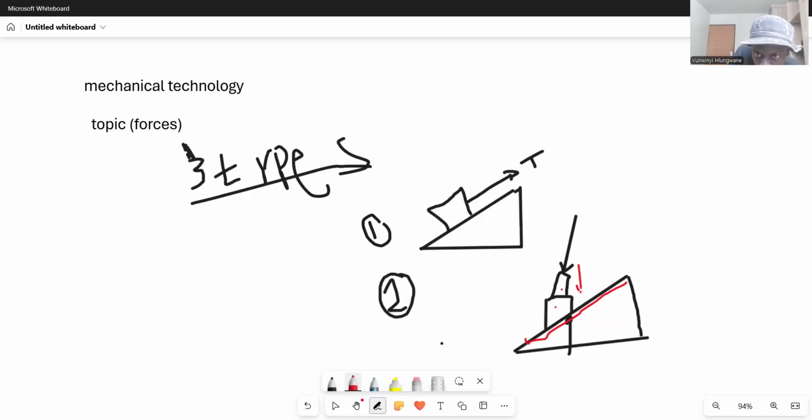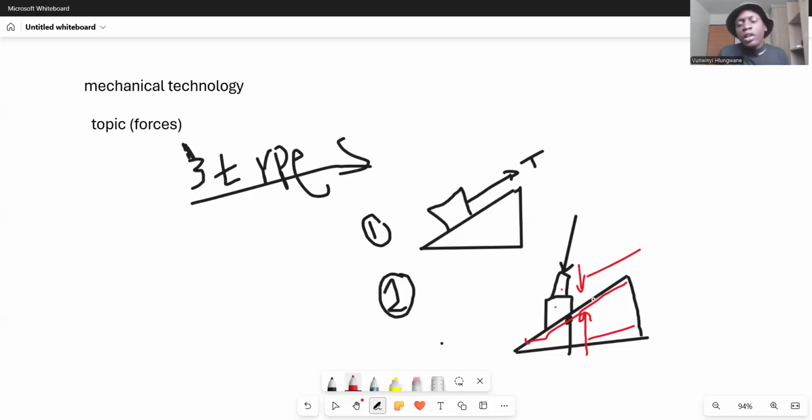You see, it's compressing it downwards. Therefore, even the surface will do the same thing: the force that will oppose, but in a different direction. But these two forces are equal. Yes, we can say they are equal. You understand? They are equal because the surface is also